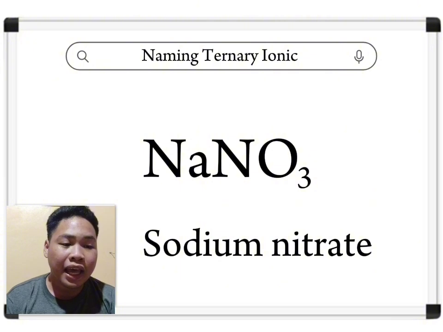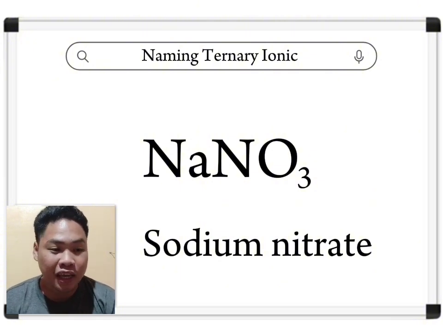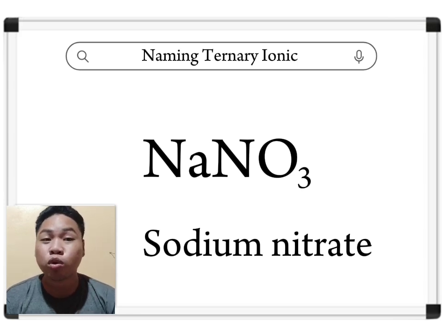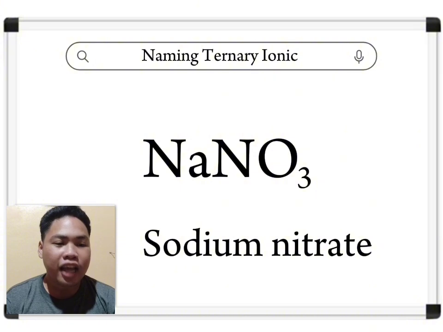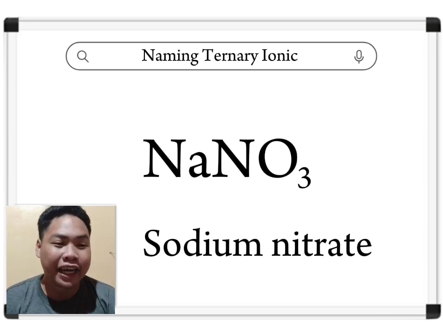So we can name Na by looking at the periodic table, and that's called sodium. And then we have this NO3 minus that's not on the periodic table. We need to go to a common ion table, and you're often given one of these in class or in a test. But check to make sure. And we'll look up NO3 minus.